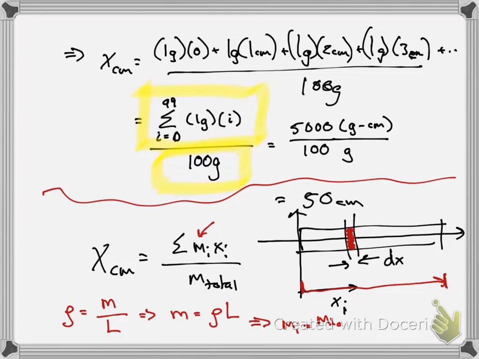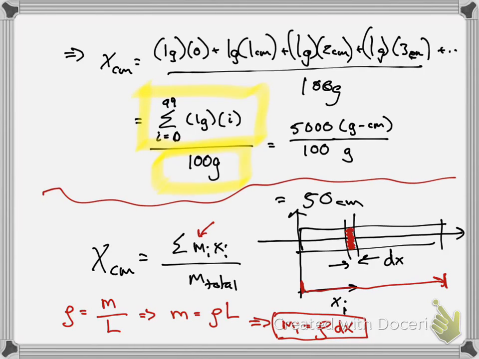I'm sorry, let me make this a little clearer. Notice that the mass of each individual piece is the density of the meter stick times just its width, dx. Density is total mass over total length, or if it's the same density throughout, then it's any mass over any length, and so the mass of an individual piece is density times length. The length of each piece is dx, so the mass of each piece is rho dx, where rho is the density of the meter stick.